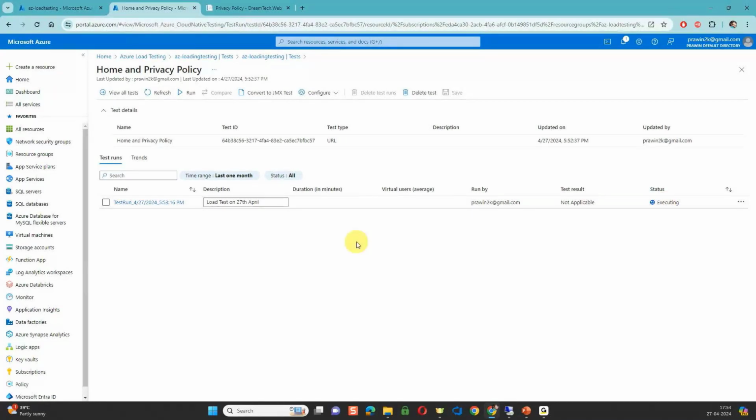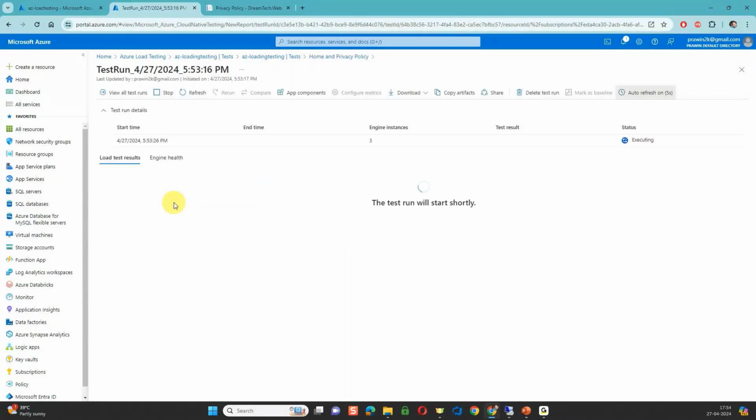Now I can click on this to see more information about that particular run. So it has started here. It is not yet ended. 3 instances are available. In fact, I think it has not started. Here it says executing, but